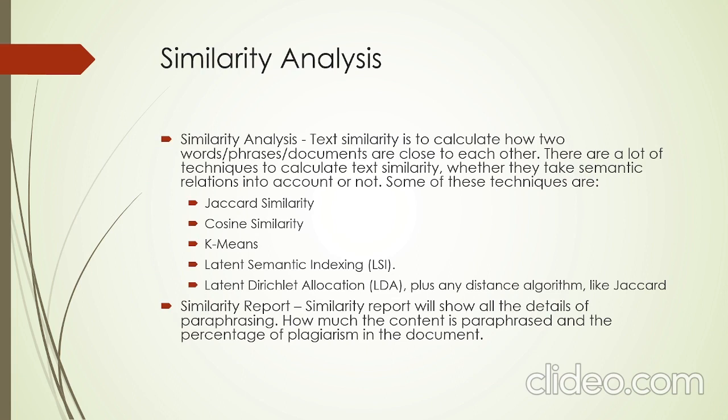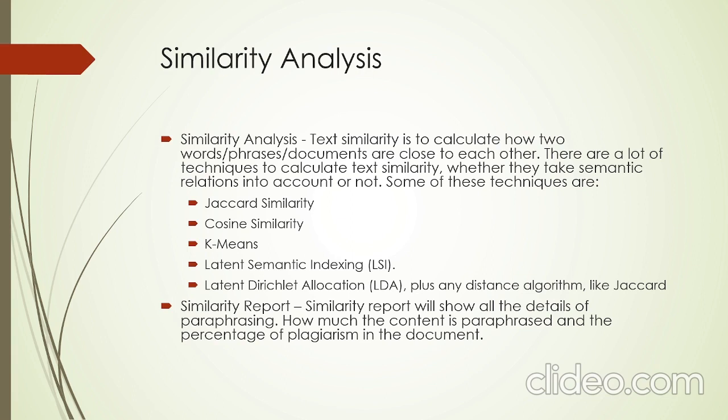Now similarity analysis. Text similarity is to calculate how two words or phrases or documents are close to each other. There are a lot of techniques to calculate text similarity, whether they take semantic relations into account or not. Some of these techniques are Jaccard similarity, cosine similarity, k-means, latent semantic indexing, latent Dirichlet allocation, or any other distance